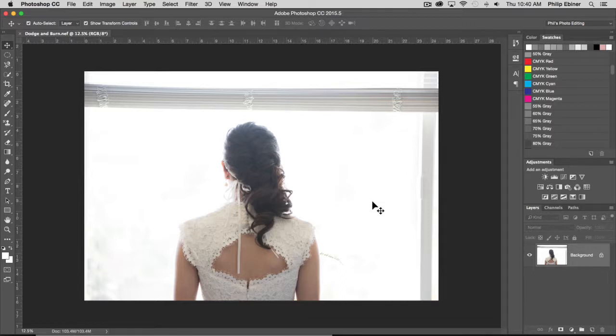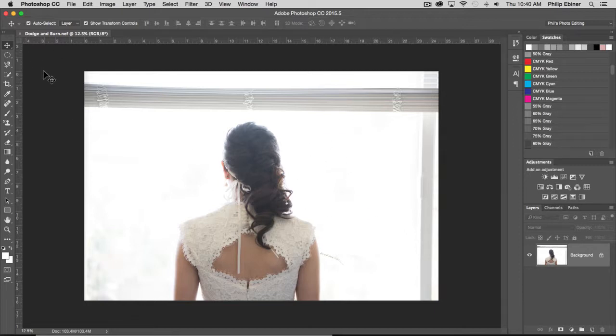It's time to take what we've learned in the past couple of lessons and use dodge and burn techniques to improve an image. So this is going to be a good tutorial where I walk through this entire image. This is a photo shot at our wedding of my beautiful bride, Isabel, from the back while she was getting